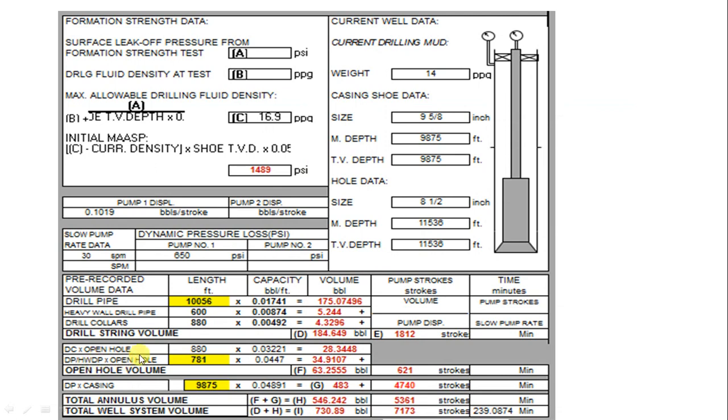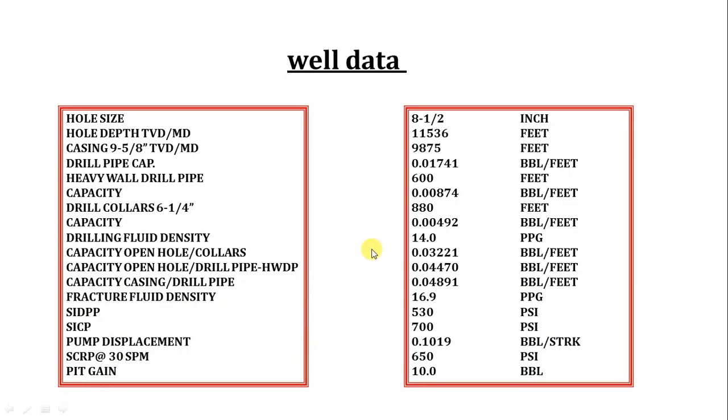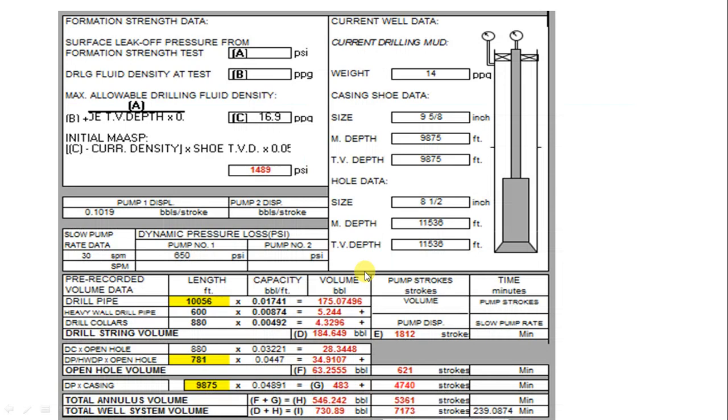Here the heavy wall drill pipe and the open hole. Here also the heavy wall drill pipe and the open hole. So it is 0.04470 barrel per foot. So now, by multiplying this and multiplying this, you will get both the volumes, and by making a summation of both volumes you will get the volume of the open hole, and by dividing this volume by the mud displacement